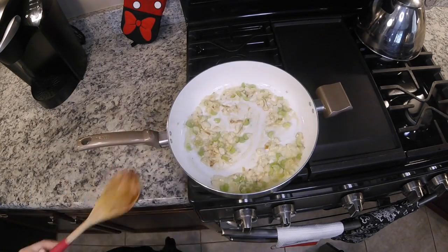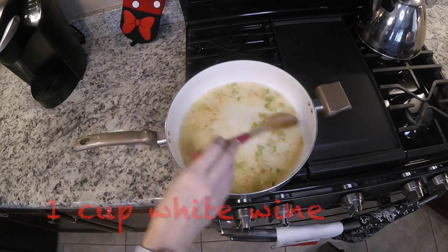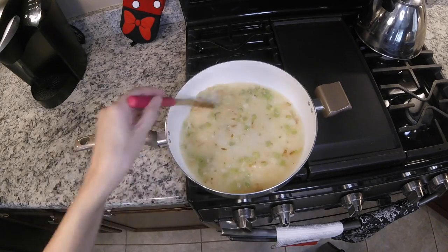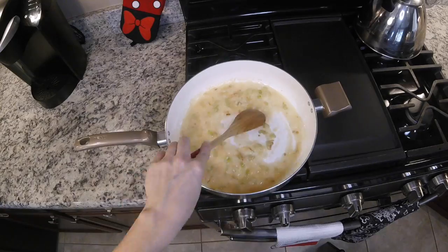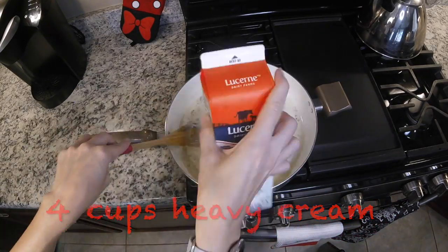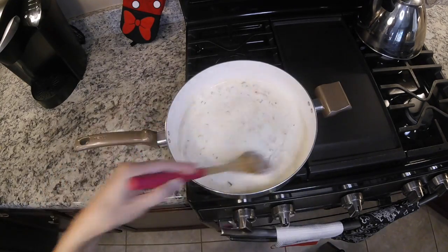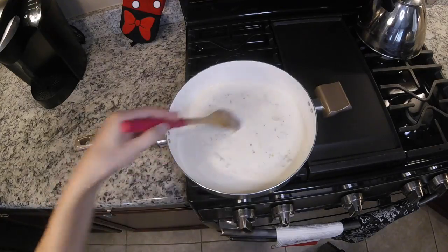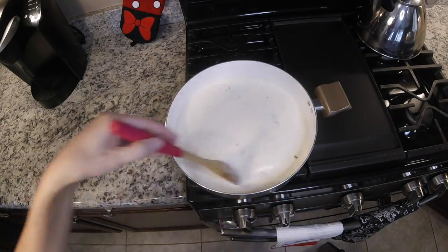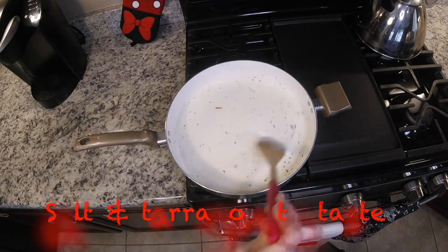And then you're going to add 1 cup of white wine and slowly stir it until it reduces by about 1/4. Then you're going to add your milk or your heavy cream, whichever you prefer, but you're going to add it nice and slowly and stir continuously. And again, you just want to make sure it's all well incorporated,